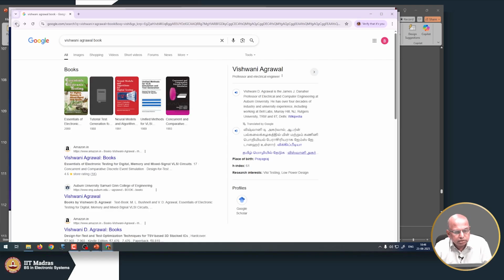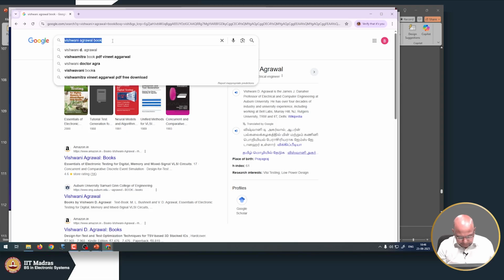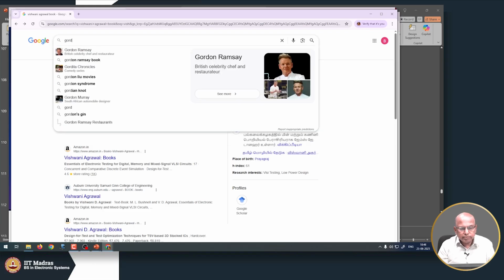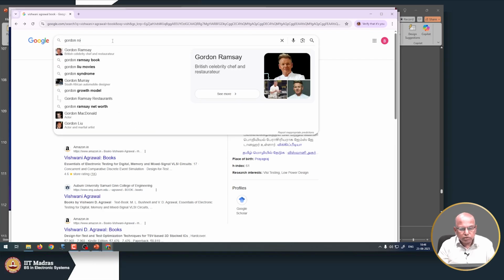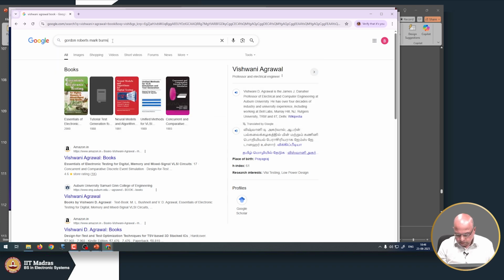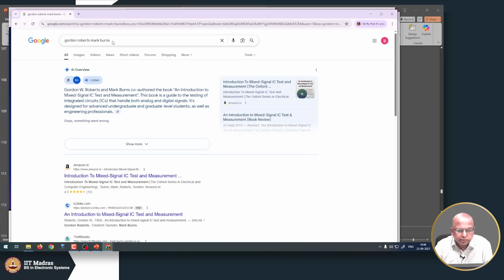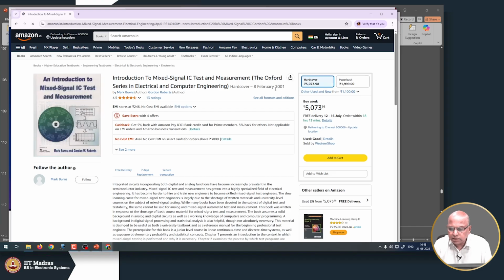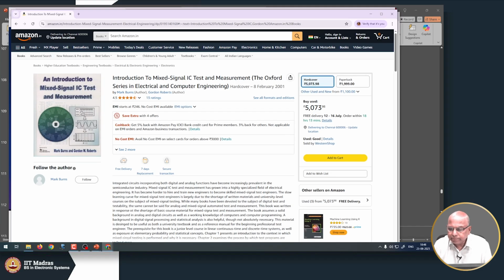There is a chapter on mixed signal testing, and similarly Professor Gordon Roberts and Mark Burns have written a book. And this is available in Indian edition. The paperback is available in Indian edition. This is the first edition, a very popular book,